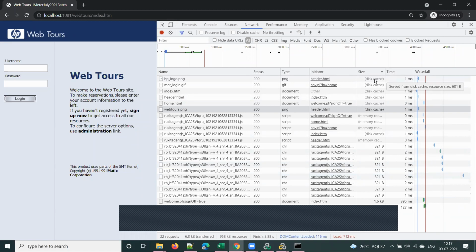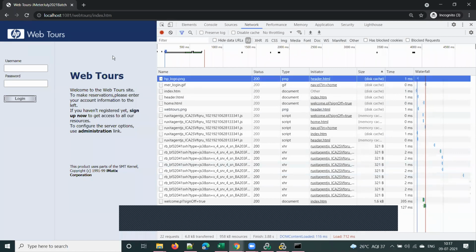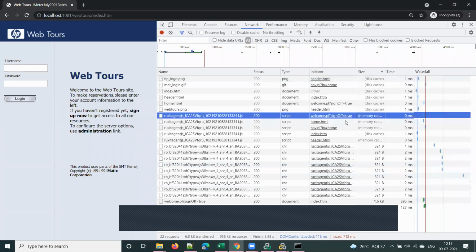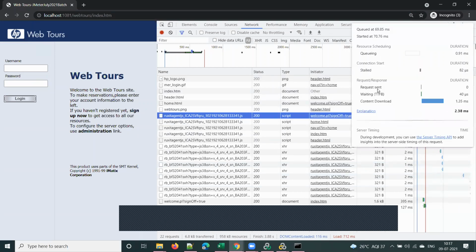And observe here, there is something called disk cache. The first time you send the request, it has stored that image on the disk, somewhere on the disk, and next time you send it, it loaded from the cache. And here it is showing memory cache. So this is nothing but your browser cache and disk cache.